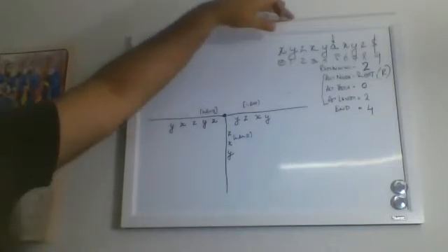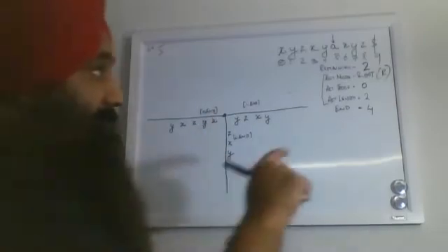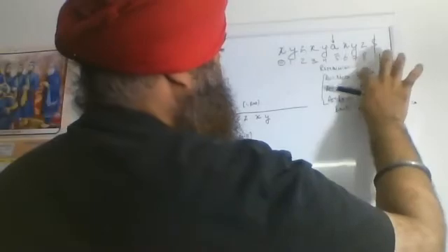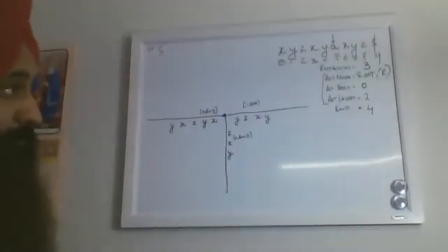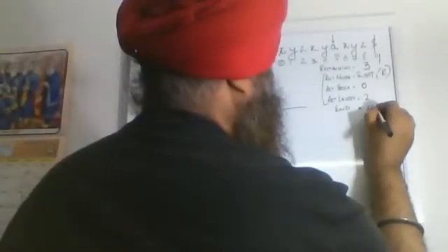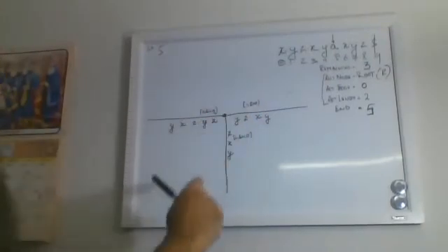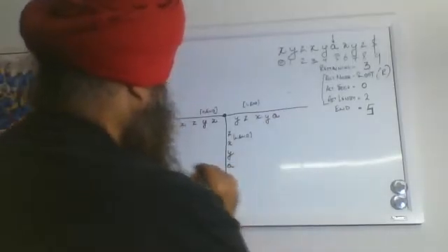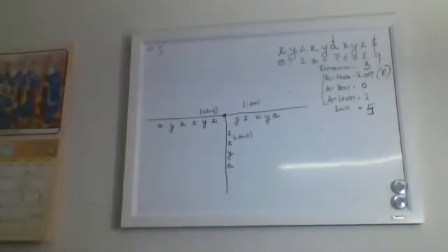So i becomes 5. This is character A. So remaining, which was 2, is incremented by 1, so your remaining becomes 3. Your end becomes 5. Since your end is updated with another character, we are storing it at the end of all leaf nodes. So A is added to the end of all the leaf nodes, right?